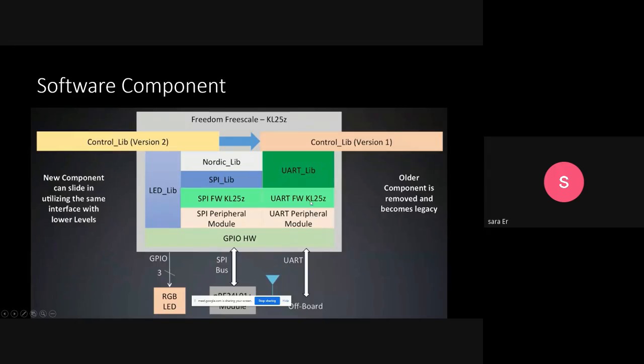And I told you that version control is very important, because all of the modules shown here are libraries, and for example, the UART library, after becoming legacy, will be removed from here. A newer version of it will be updated.